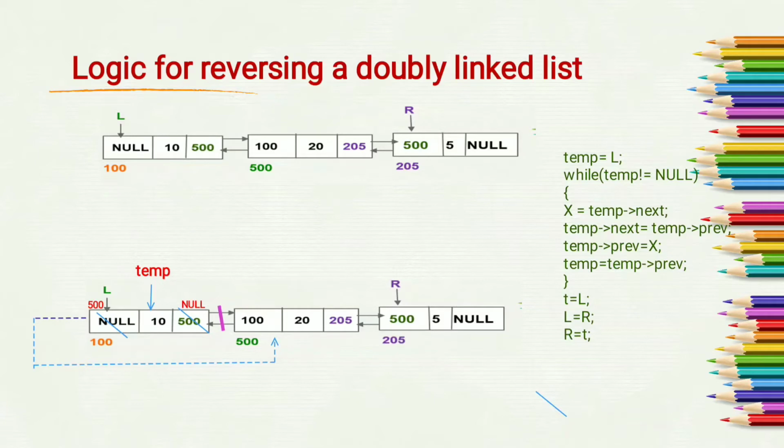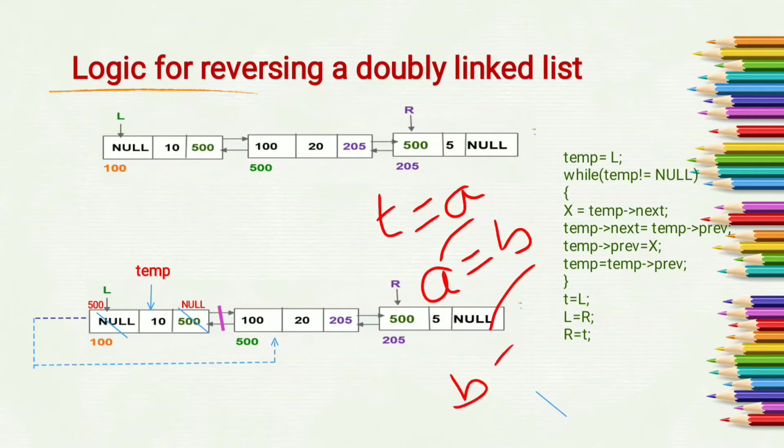To swap any two values, we can use a third variable, and suppose the values are a and b. First we have to write t equals to a, and whatever you write in right hand side of equals to, you have to change that first. That means first we have to change the value of a, then we will change the value of b by t. Here first I am storing value of temp next into x, then first I have to change the temp next by temp previous, and then temp previous by x. You cannot change this order, otherwise the result will be wrong.